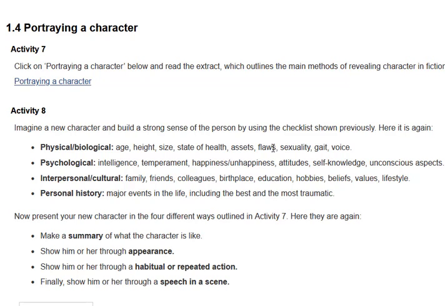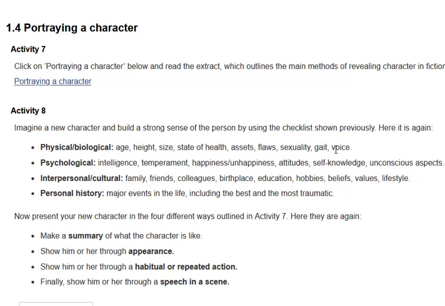And if you're going to create a character, and this is why each human on this earth is so complex, when you create a character for a story, you have to create all of this so that the person is like an actual person that lives and breathes. So the first thing I tell my students of fiction is that before you write a good story, you have to create a good character. You're going to create a protagonist. Height, size, state of health, assets, all of it. Flaws, gait, voice. You have to imagine the whole thing.